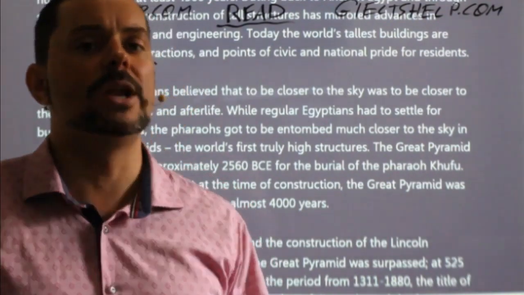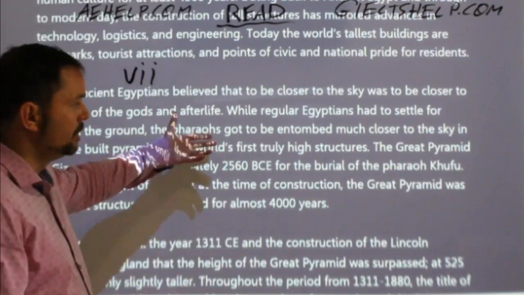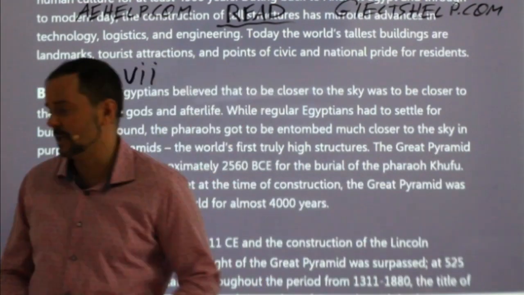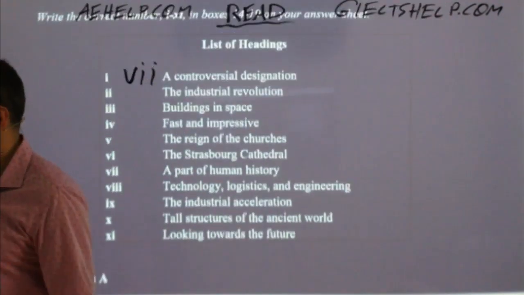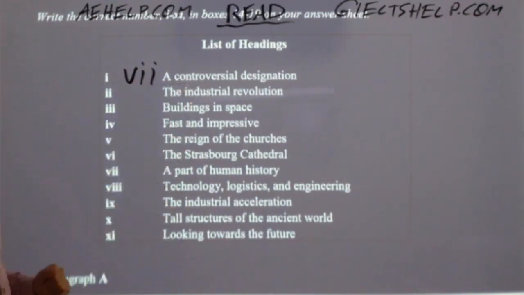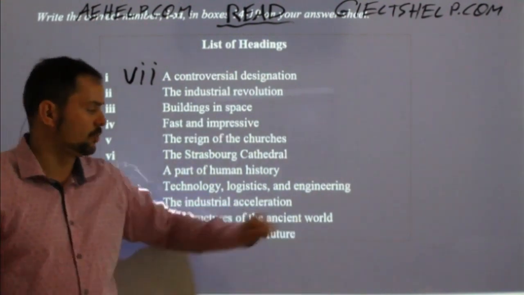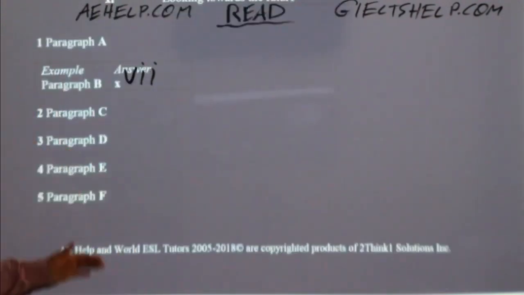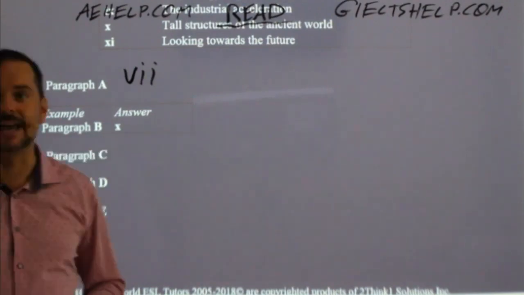Incredible. What is this paragraph about? It's about the tallest structures in ancient times, specifically the pyramids, even more specifically, the Great Pyramid. Which one of these matches the closest? If I read them carefully, I will realize that tall structures of the ancient world, it's a pyramid, matches the closest. And that answer is given for us. So that's our example answer. It's X. It's good. I know I have the right thinking. Roman numeral 10. Fantastic. And I love how Shanghung and Preeti and Danish are on it. They're like, that's 10. It's X. All right. So I keep going